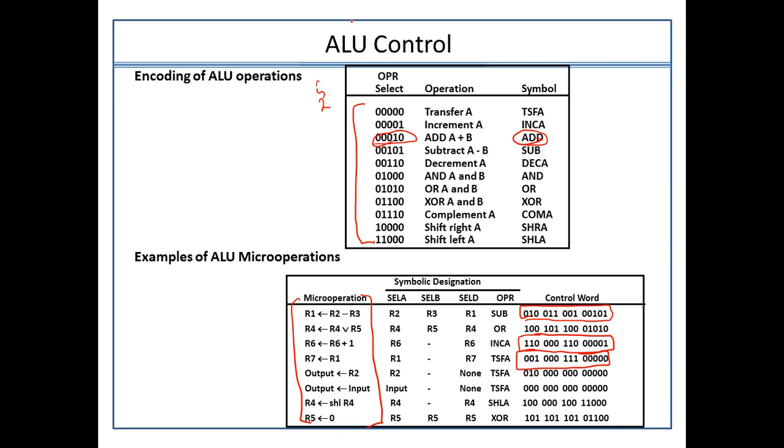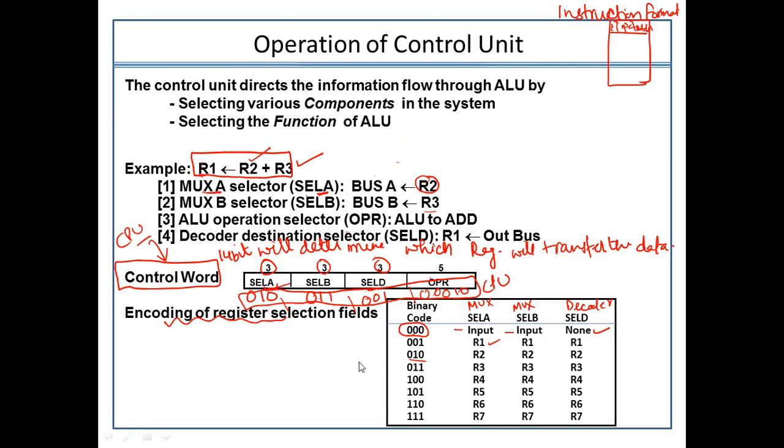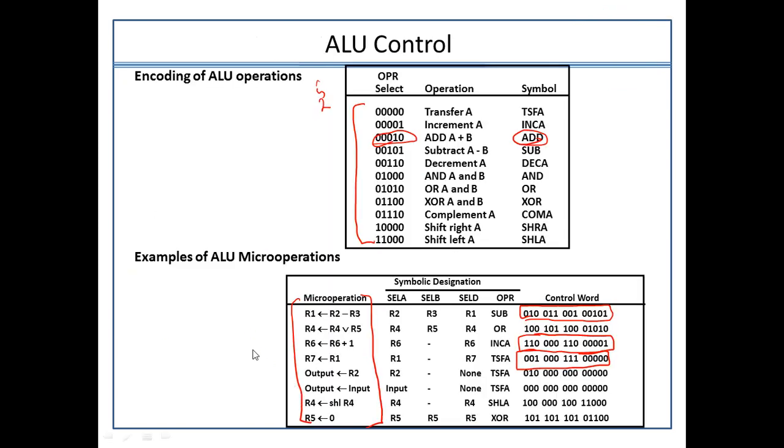I would recommend that you understand that this particular table is important, because it is just the encoding of the registers. But I recommend you not to cram the table of this ALU. There is no need. Don't cram it. Just have a general idea. If you have to perform a sum, then you have to use a 5-bit value, and to perform any kind of operation, you have to use the code which consists of 5 bits. That's it.